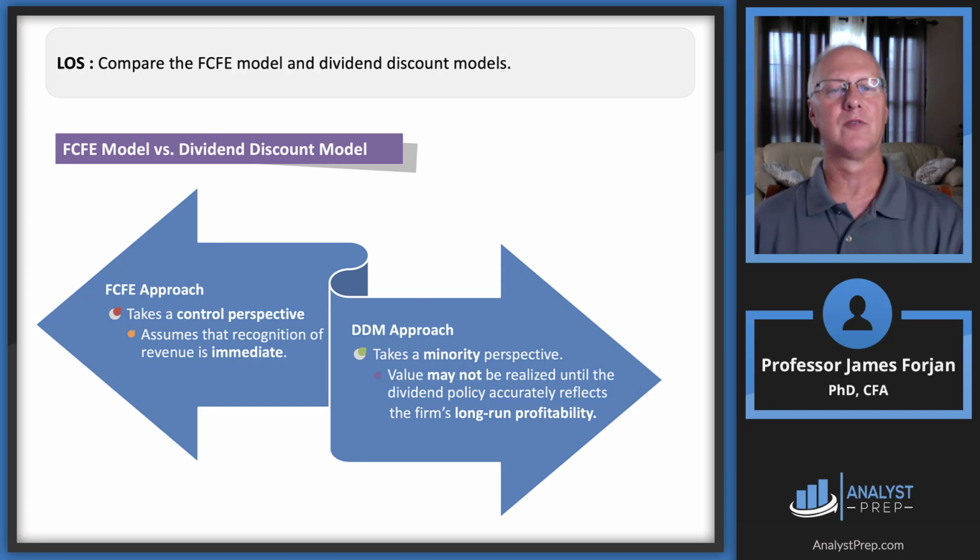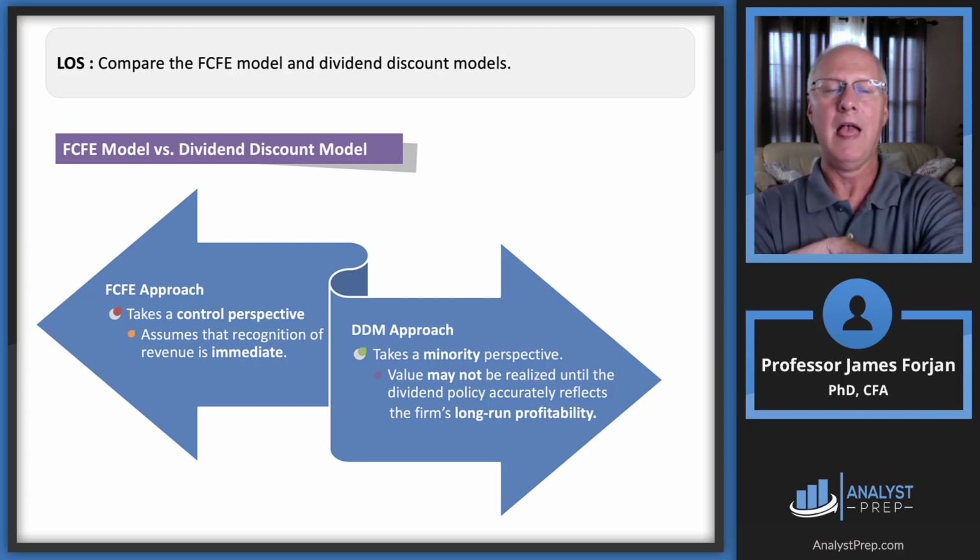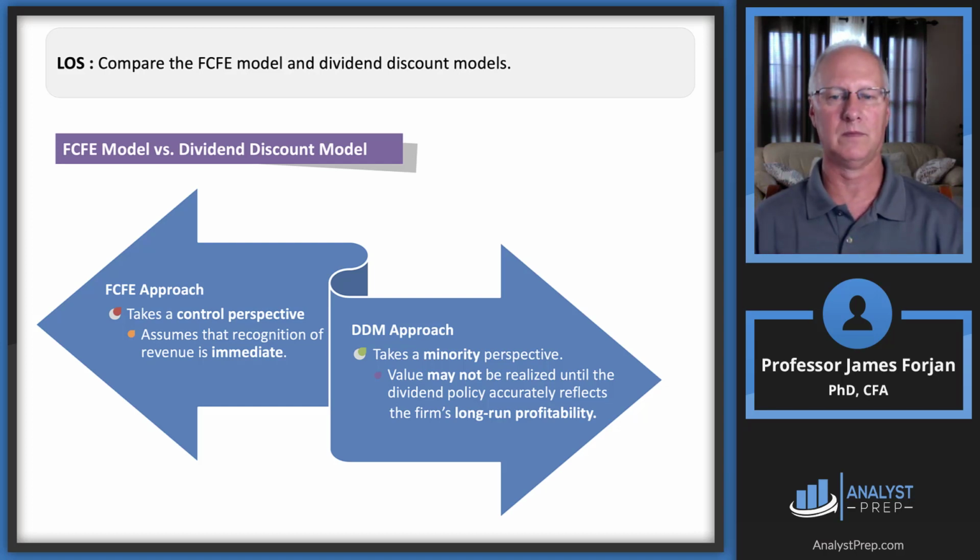Moving on to the free cash flow to equity model and the dividend discount models. This is a little bit of a review of what we said earlier, but it's important to address this specific LOS, right? Free cash flow to equity takes a control perspective, assumes that the recognition of all those revenues is immediate. This is something that I didn't say before, but something that's emphasized in that reading, and it probably is a likely exam question. However, the Myron-Gordon growth model, the dividend discount model, is of course a minority perspective, but